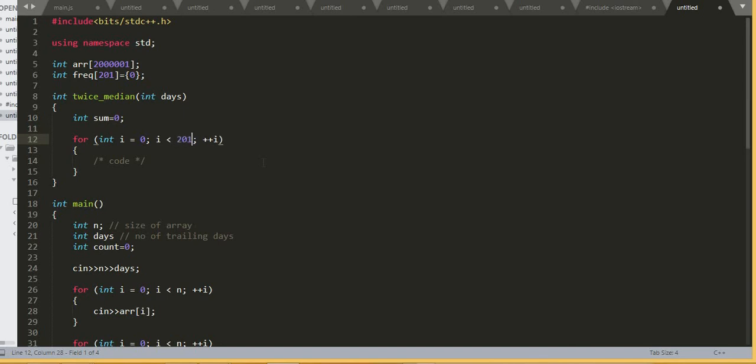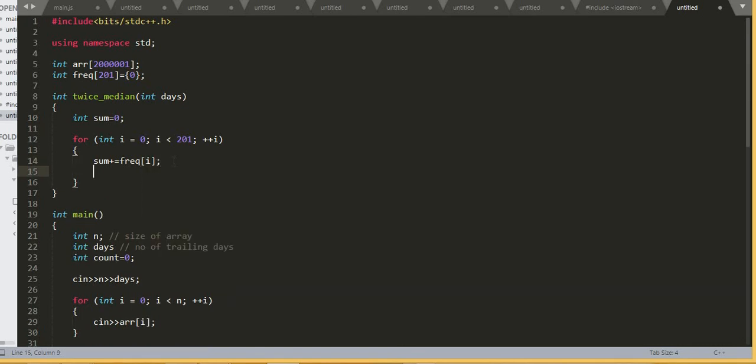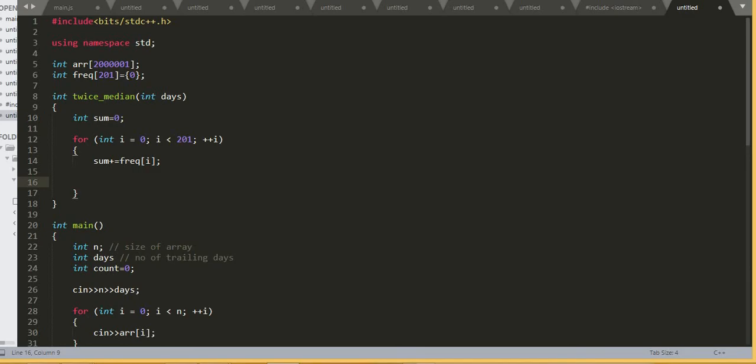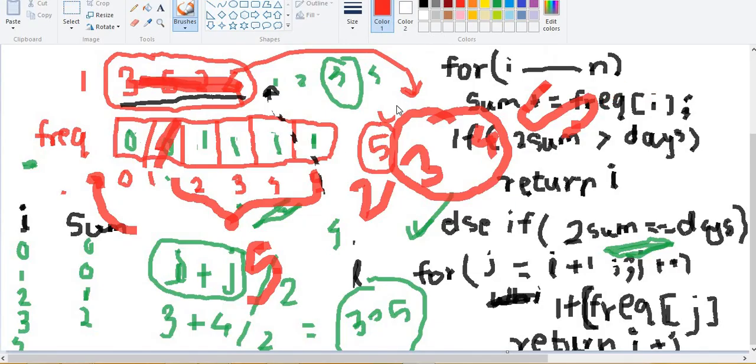It is explicitly given in the case, so we want to check the whole array for that matter. And after that, sum would be sum plus equal to frequency of i.